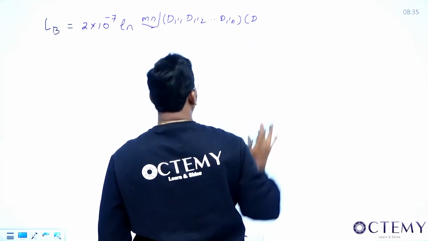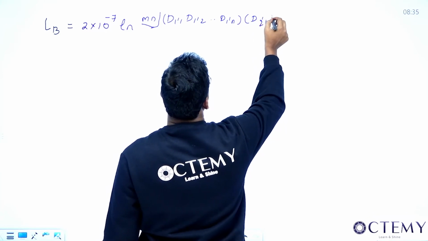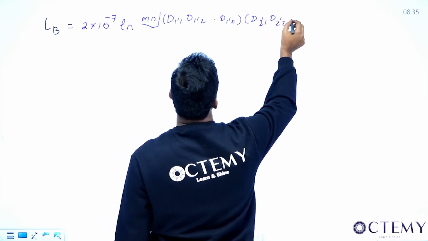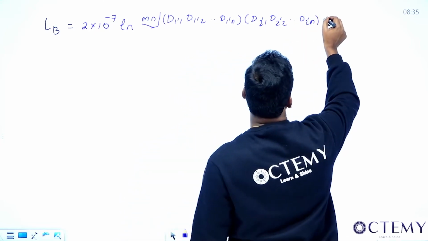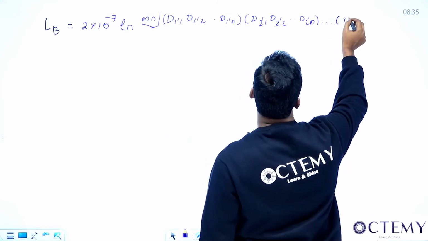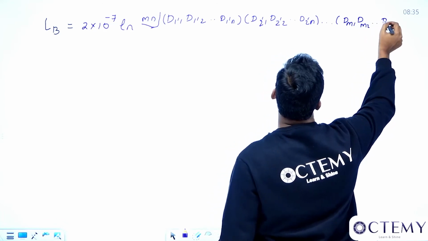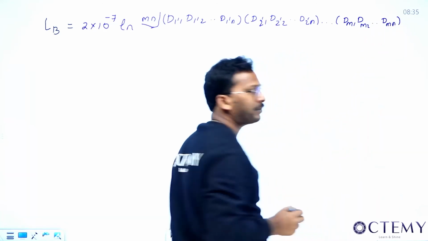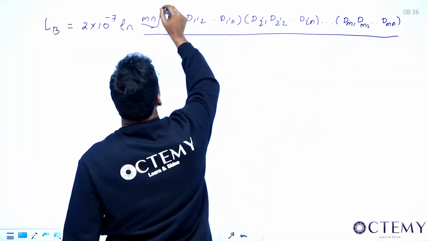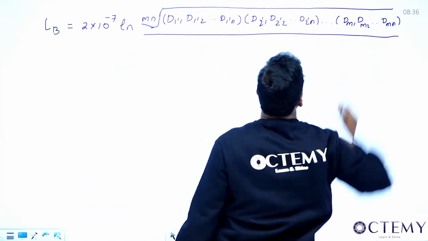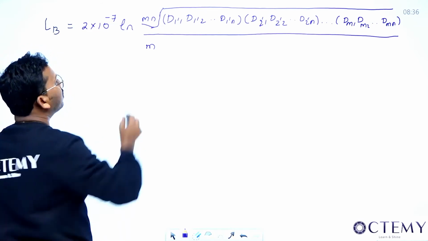So let me take 2 dash and 1, distance between 2 dash and 2, and then so on, distance between 2 dash and n. Similarly, the last term will be what? Dot dot dot, distance between m and 1, distance between m and 2, and so on, distance between m and n, right? Whole divided by, all of this is divided by n square. Now here it will not be n square, here it will be m square, sir, because